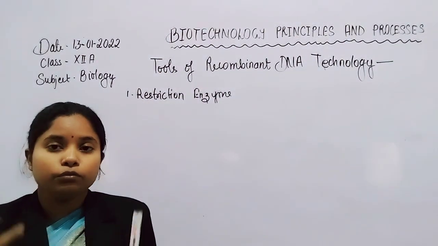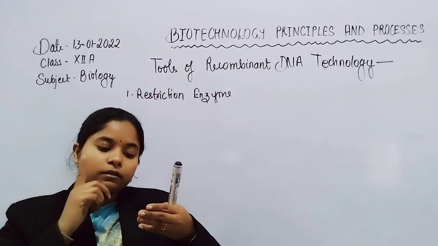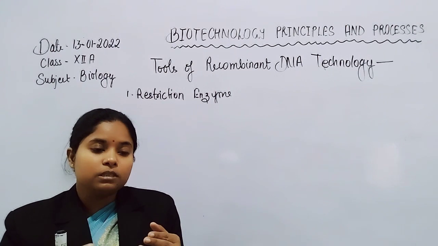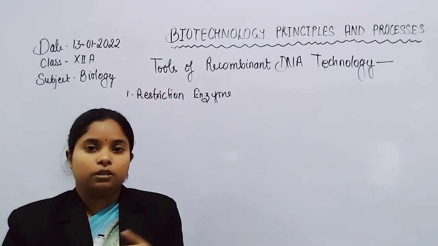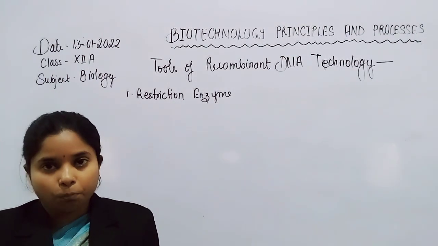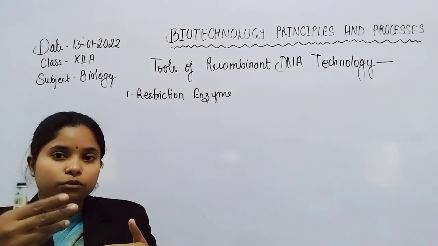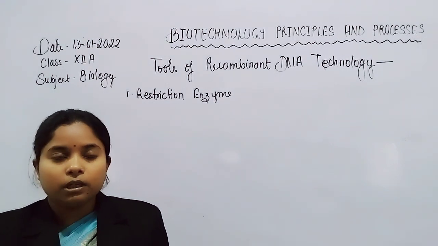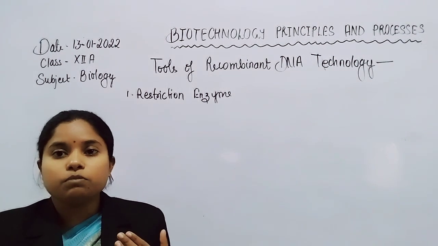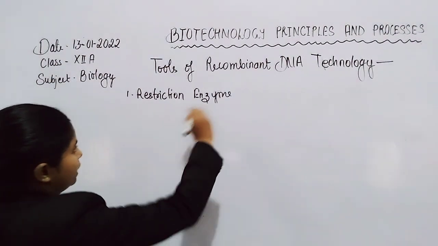For the ligation of two different genetic materials, we need to cut the genetic material at the same region only, so that we can join both the different genetic materials to each other. It is important to understand this, because only when we cut at the same site can we join two different genetic materials. If we cut at different sites, they cannot be ligated.